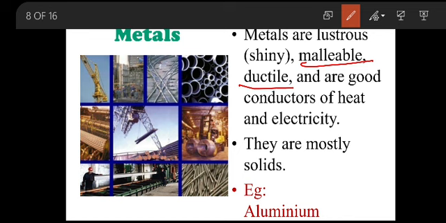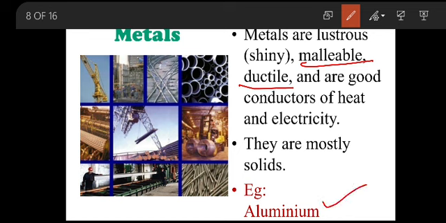All the TVs have cables. Your grinder, mixies, laptops, everything have charging cables. The cable will have copper wire. The wires are obtained from the element copper. Malleable means aluminium sheets. Okay, my dear children.